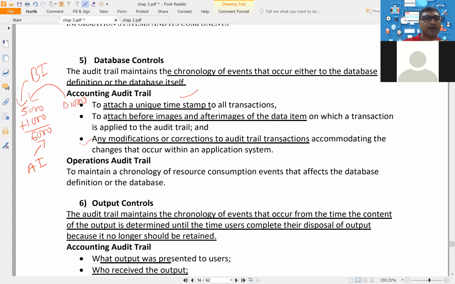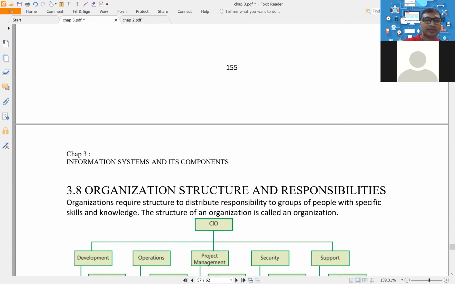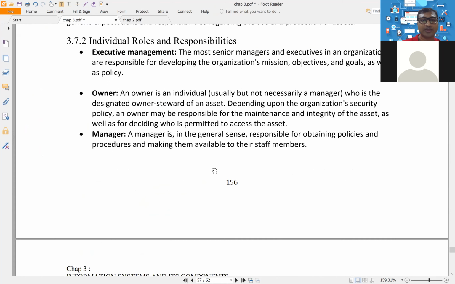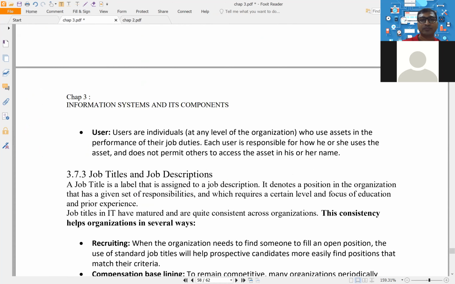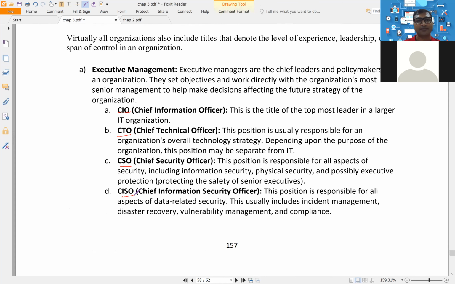Okay, and after this you will get output control, which is damn simple. There is no technical point in output control. Once you complete this part, my dear student, next we'll start organizational structure. Here this was the last lecture. If you remember, I told you that here most of the thing what you need to remember is from the MCQ point of view. If you remember, like for example, executive management. So if you see here, CIO, CTO, CSO, CISO, they have the main name given,